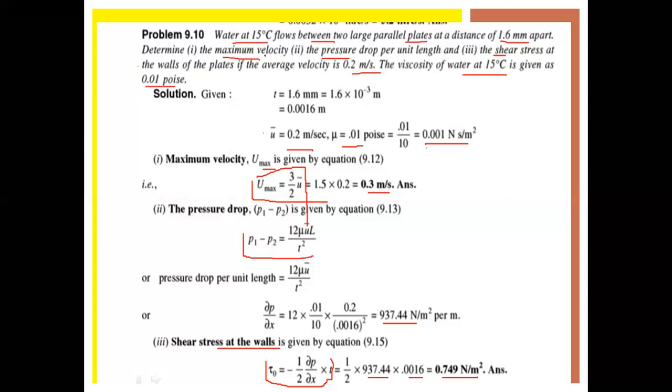So like this, we have to do the problems whenever you get problems related to parallel plates. For parallel plates the formulas are different, and for laminar flow the Hagen-Poiseuille equation formulas are totally different. Whenever you are taking a circular pipe, the formulas are so and so. Whenever you are taking two parallel plates, the formulas change. So keep this in mind. It depends upon the question. Read the question twice or thrice, then come to a conclusion about which formulas and which derivation you have to think of, and write the formula. Next case.